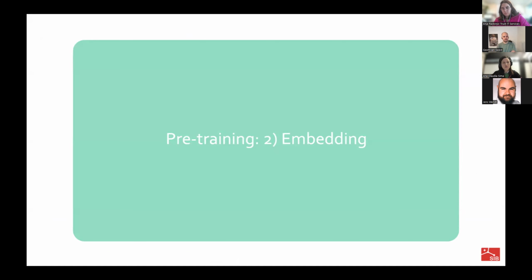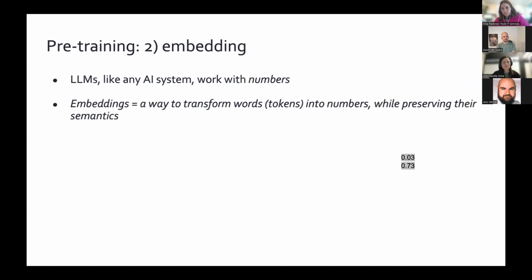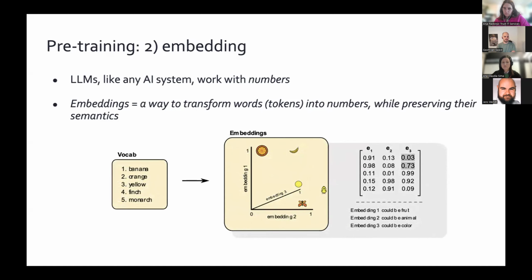And you might have heard about this, but embeddings are a way to transform tokens into numbers while preserving their meaning. So I have taken an example here, which I think is relatively easy to understand, where we have 5